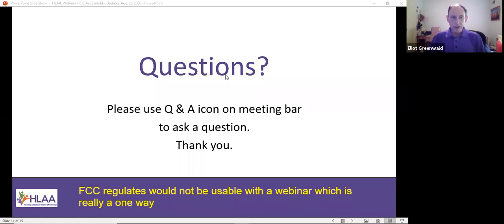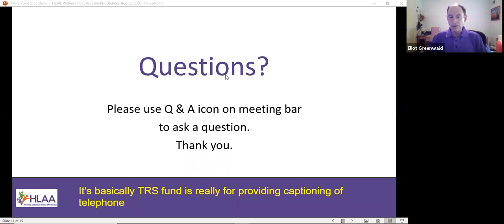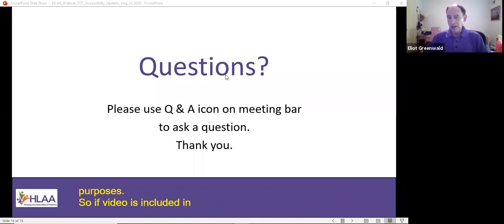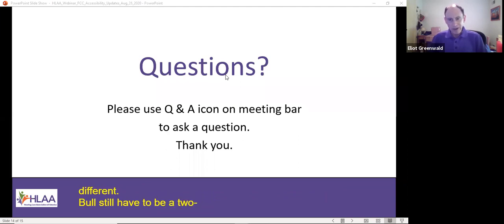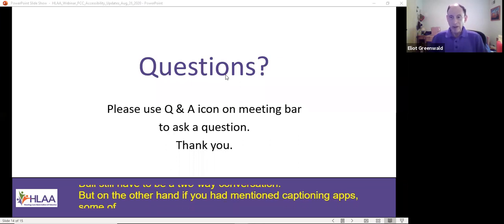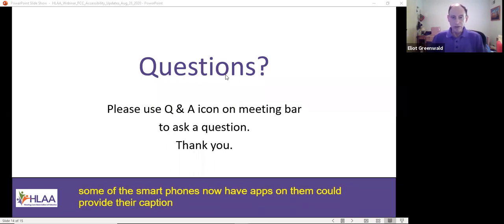The TRS fund is really for providing captioning of telephone conversations and is not to be used for other purposes. So if video is included in a conversation, that would be different, but it still has to be a two-way conversation. But on the other hand, I know some of the smartphones now have apps on them that could provide captioning as a free service, which has nothing to do with TRS.